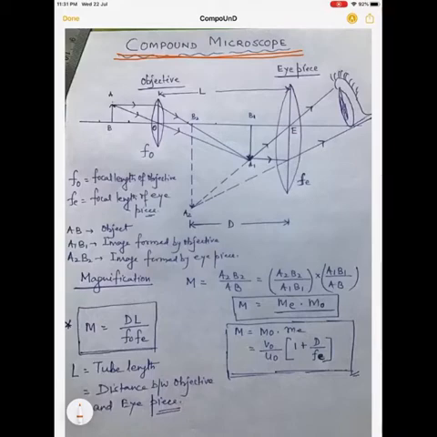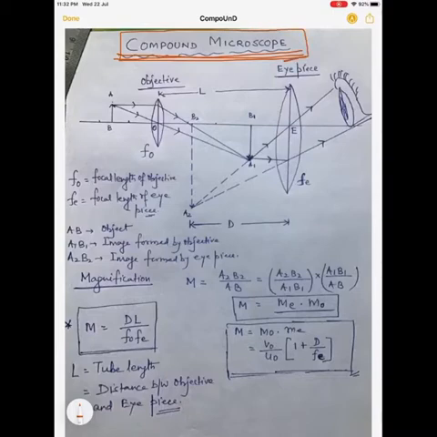So gradually the situation will be difficult for us to place the object between optical center and focus, as we are gradually decreasing the focal length to increase the magnification. So we have a limit of magnification in case of a single convex lens. So if we want to increase the magnification further, then we have to go for a compound microscope.